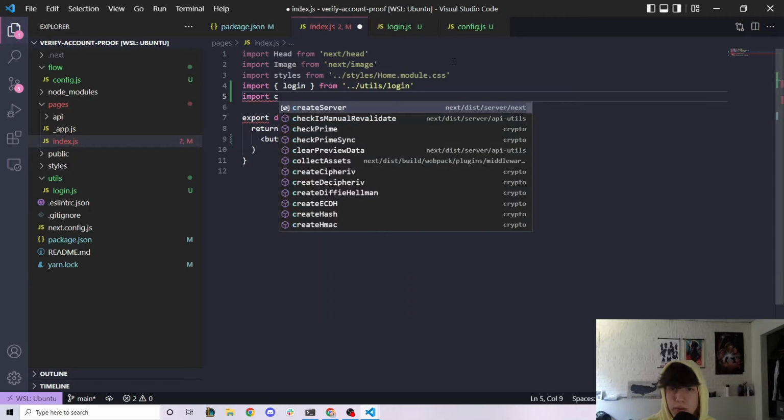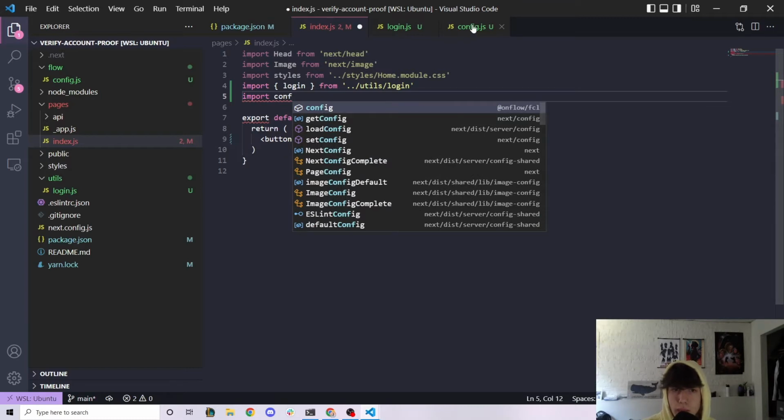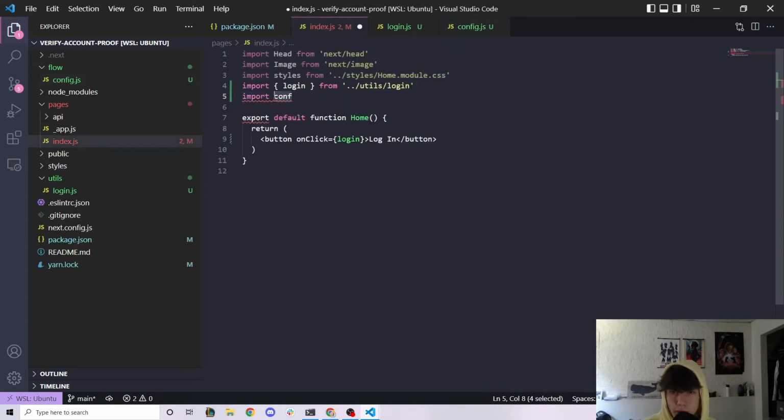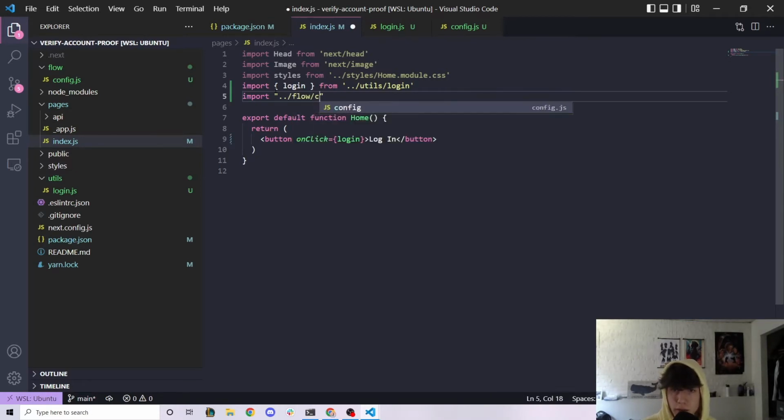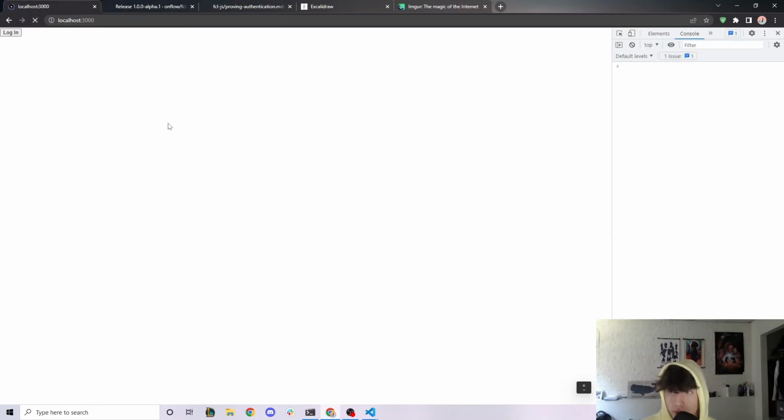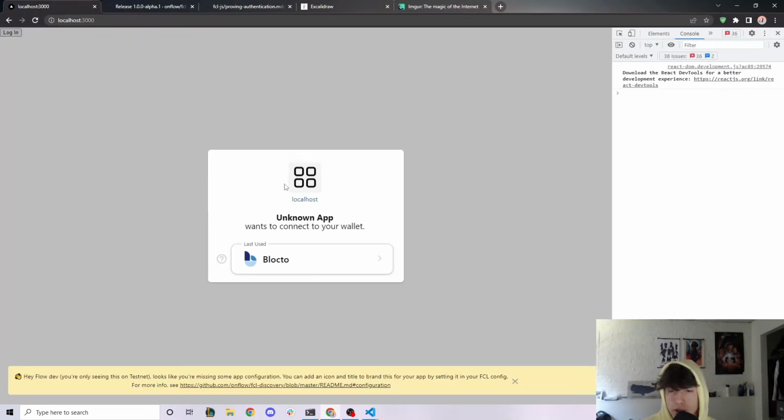No. Config. How do I import? Oh, I think I can just do this, right? Like import flow/config.js. Okay, perfect. Now if I import that, it should have the configuration set in our Next.js app, which it does. And so you can see now that if I click on Blocto, it's going to allow me to